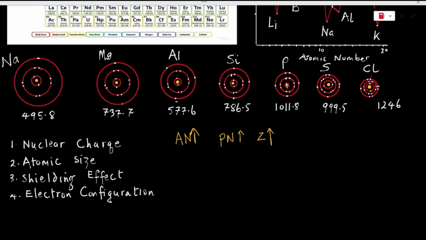It has a shielding constant of 10 electrons. So sodium has an effective nuclear charge of 1. So sodium with 11 protons with a shielding constant of 10 electrons has an effective nuclear charge of 1. Now, magnesium is the 12th element with 12 protons, a shielding constant of 10 electrons, an effective nuclear charge of 2. Aluminium